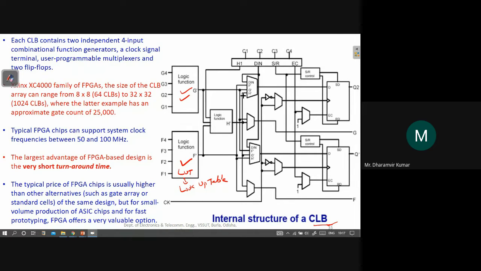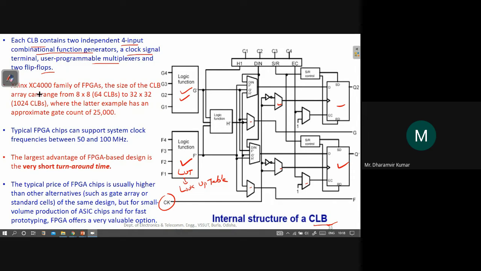And we have some multiplexers, a clock facility here, some D flip flops, and a few other components. These are connected in a proper fashion so that you can perform your desired functionality. Each CLB contains two independent four input combinational function generators, the LUTs, a clock signal, user programmable multiplexers, and two flip flops.